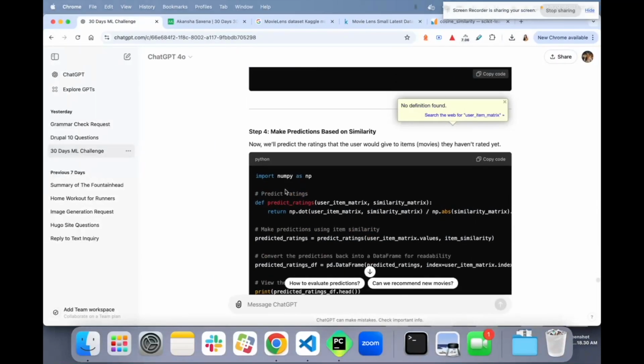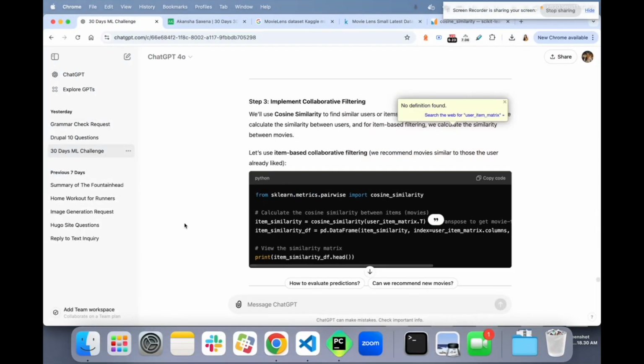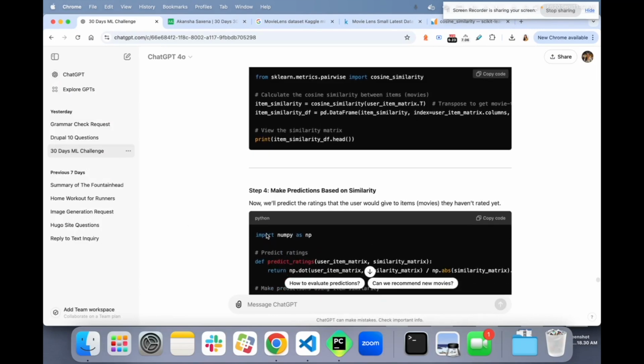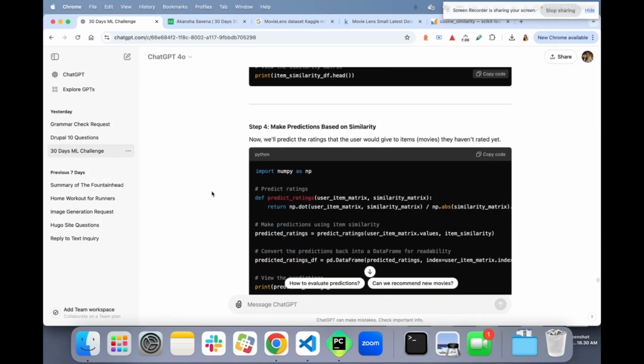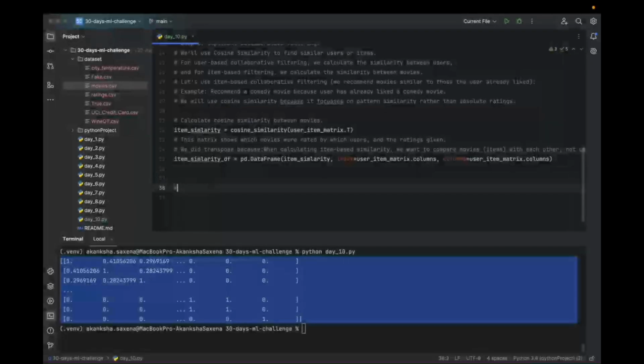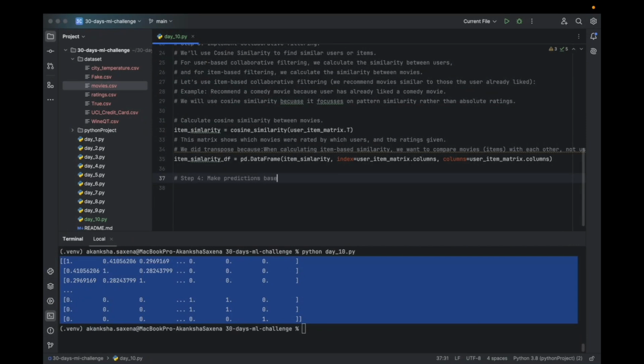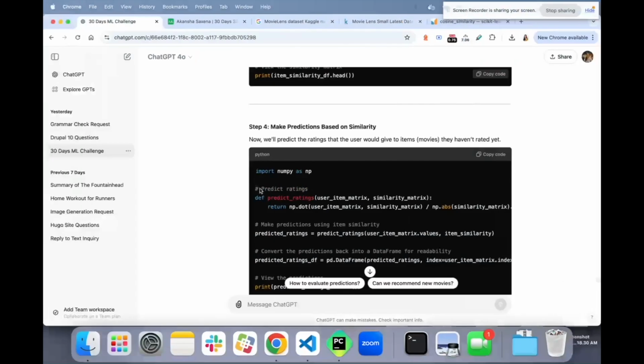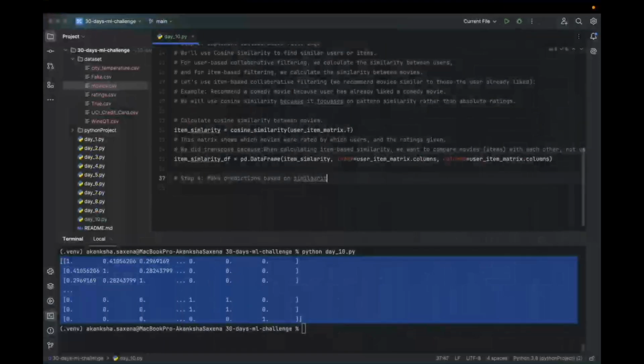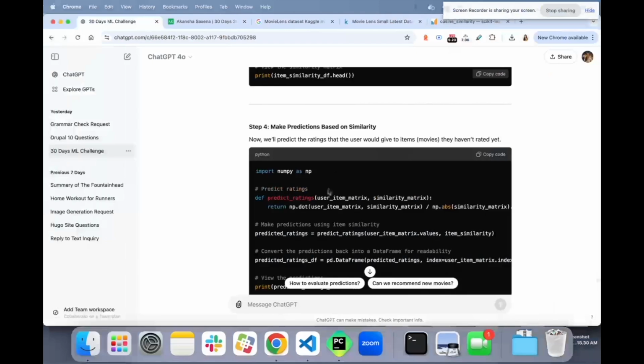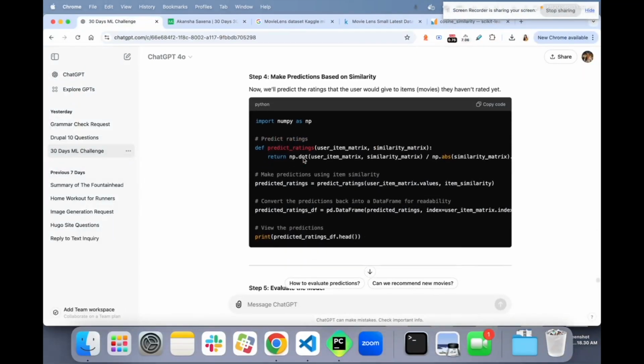Okay, we are done with step number three. Step number four is to make predictions based on similarities. So today's problem is looking a little different if we see similarity. So we are creating this